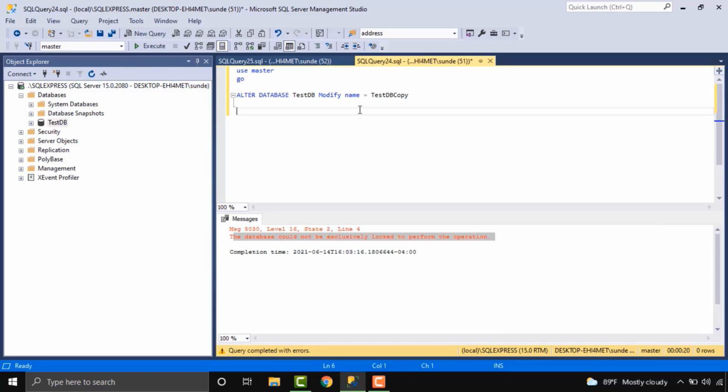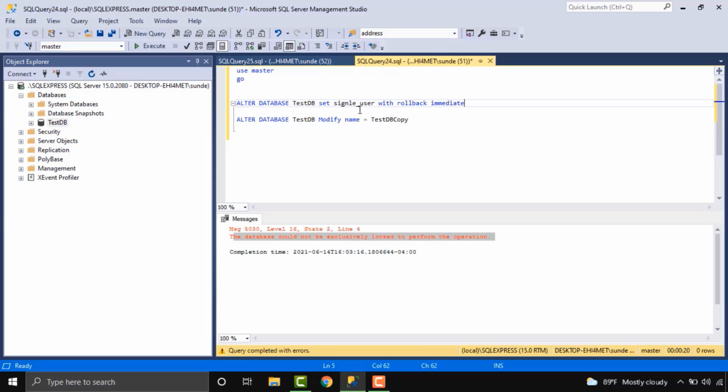To overcome this problem, we need to run one more command. Alter database, database name, set single user with rollback. What this command will do is close all other sessions and give access only to myself.